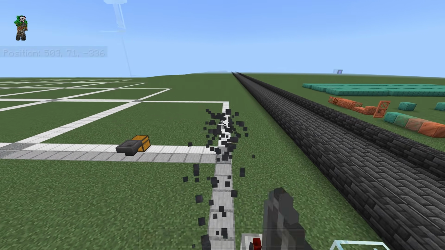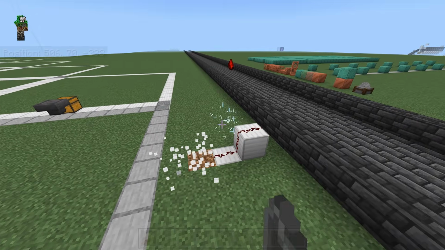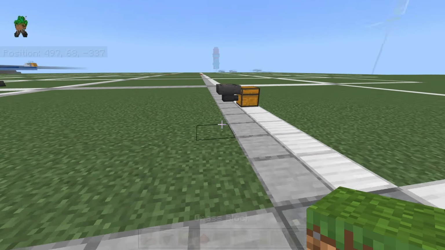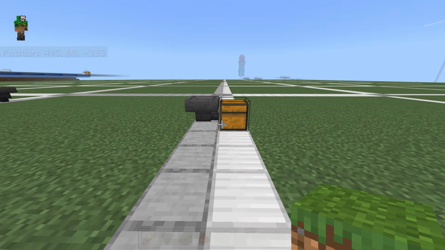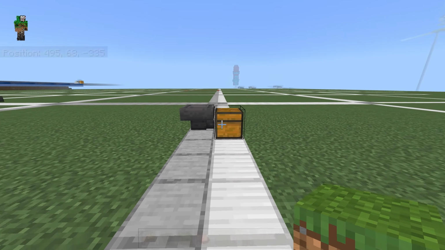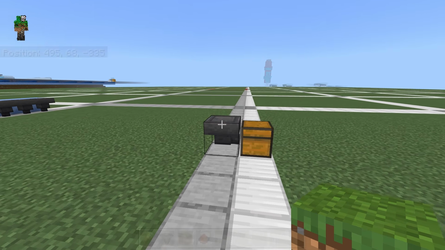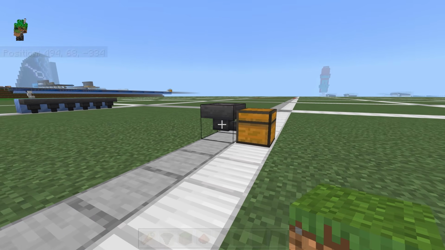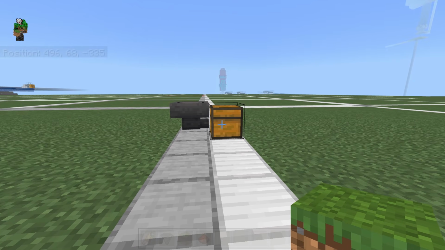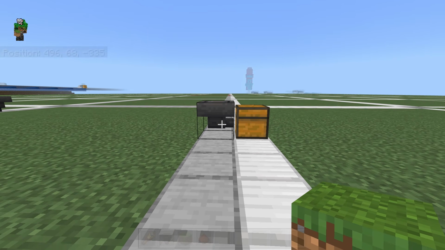Now another thing we want to keep in mind when it comes to chunk borders is we don't want to have hoppers pushing across chunk borders if we can avoid it. So we don't want our chest to be in one chunk and the hoppers feeding those chests to be in a different chunk. The reason for this is that hoppers that are pushing into unloaded chunks is pretty laggy. Generally, hoppers are not laggy at all, but if they are full and they are pushing into an unloaded chunk,